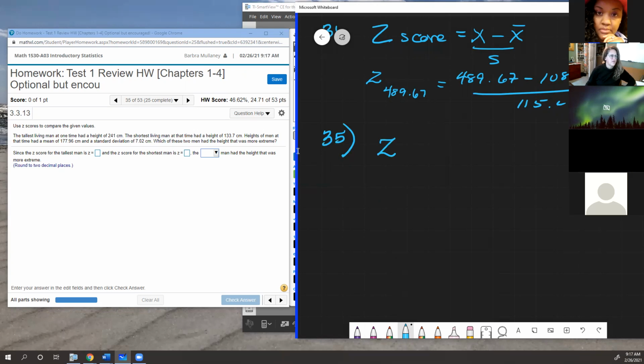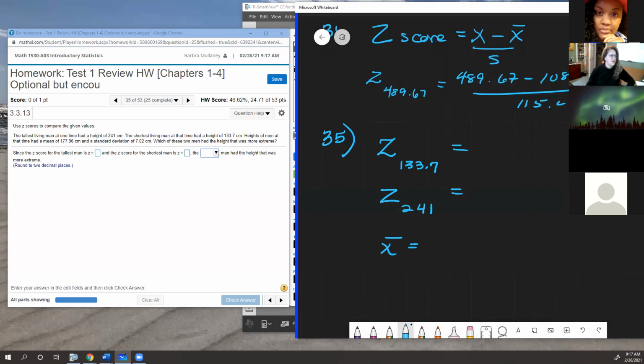So the z-scores, right? The shortest living man at the time had a height of 133.7, right? The tallest living man had a height of 241. Okay, so we're going to do the z-scores for each of these men, knowing that our mean is equal to,